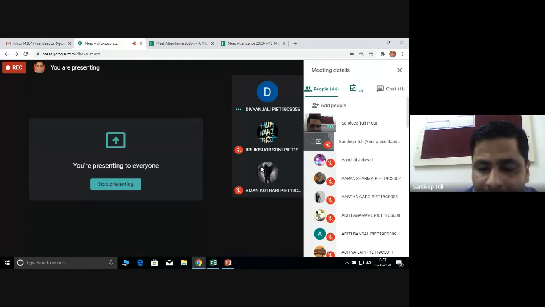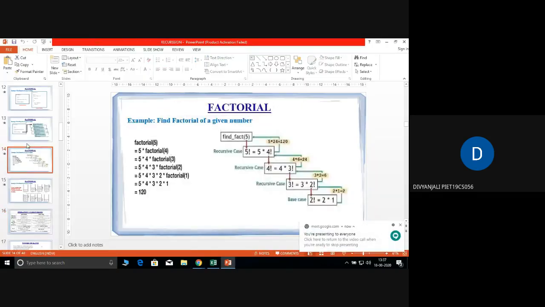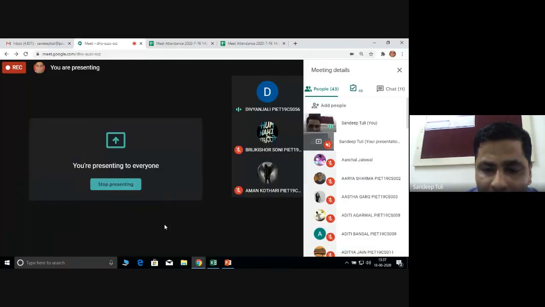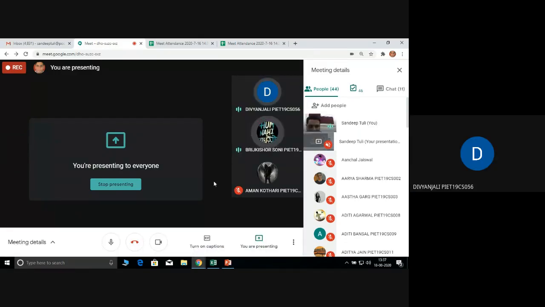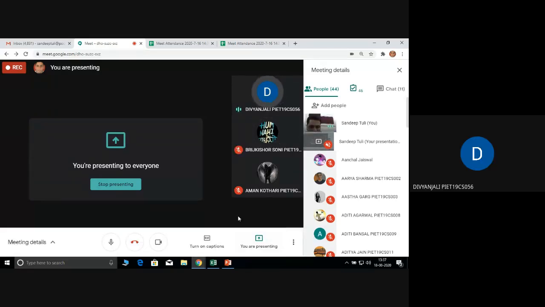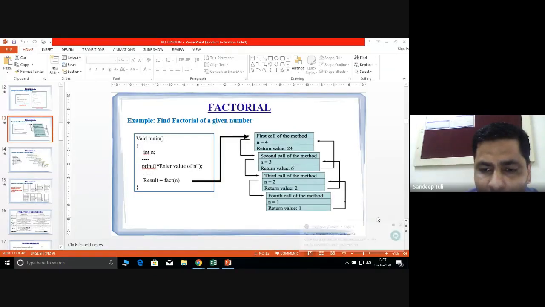Anyone else? Sir, when you discussed the example of 4 factorial, what did you say at the end: what will go back to the result, 24 or 4 into 3 factorial? Divyanjali: 24. Just see the slide, I am showing the slide.